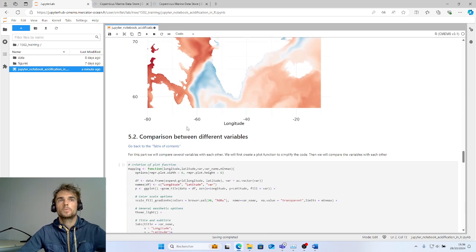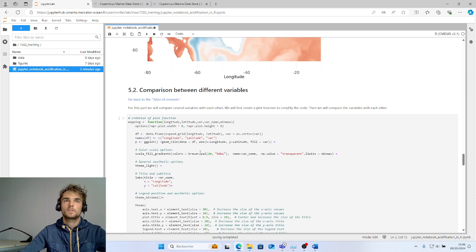Now we will compare different variables with each other. For this part, we first create a plot function to simplify the code and to not multiply the same code.